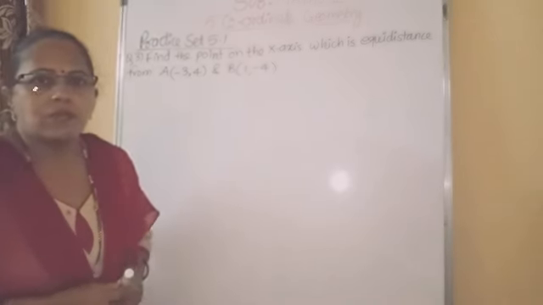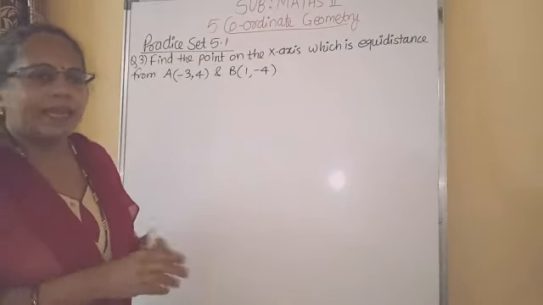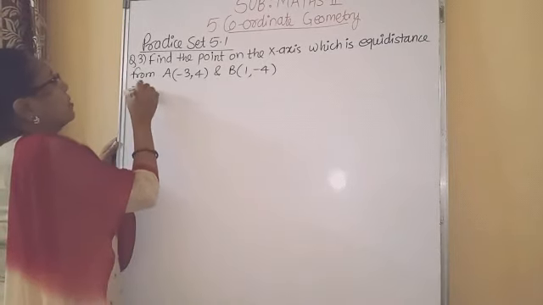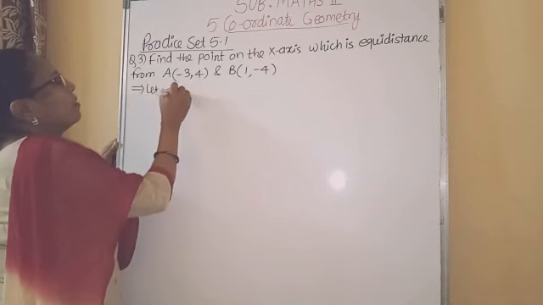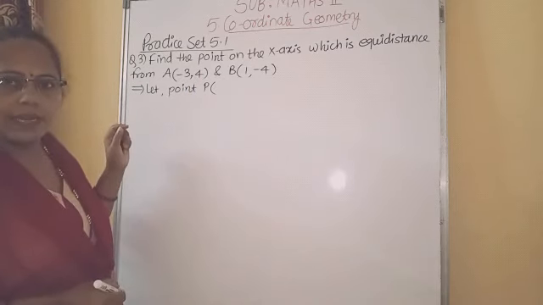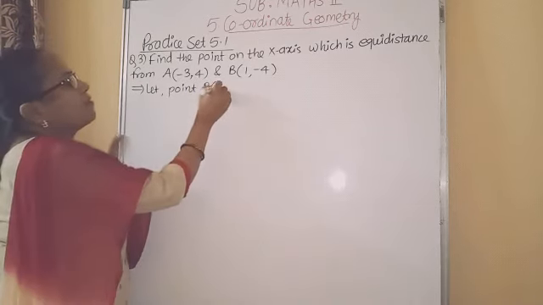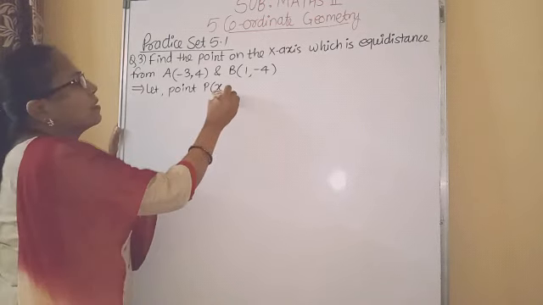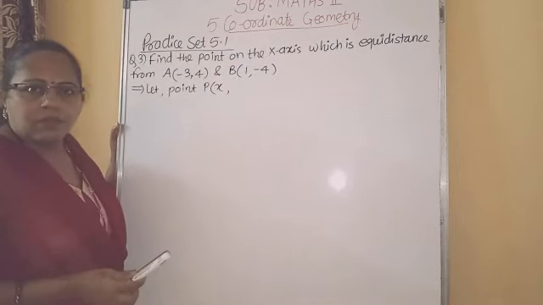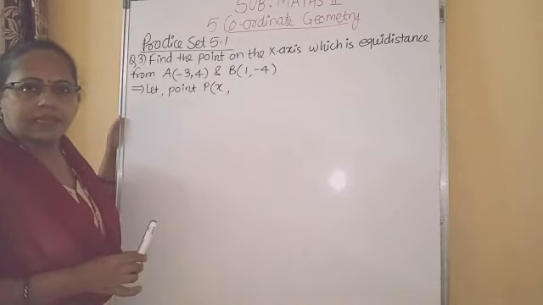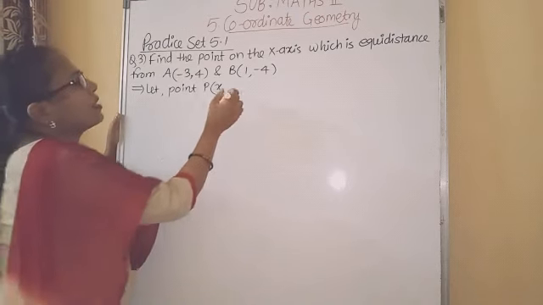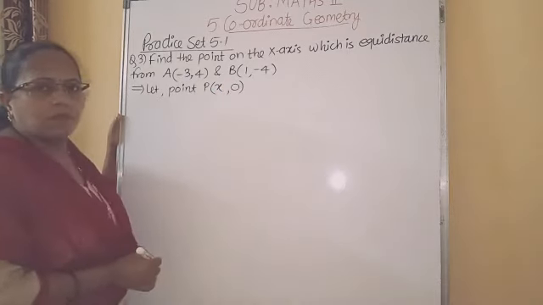Okay, so let me assume the name for that point is P. Any name other than A and B you can take. So let us start the solution. Let point P, we have to assume its coordinate. Okay, x coordinate we will assume as x. And here they mention that the point is on x-axis. So as we know that if any point lying on x-axis, its y-coordinate is 0. So the y-coordinate of this point P is 0.